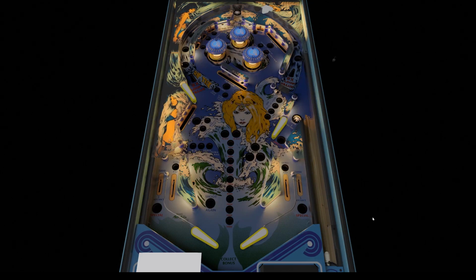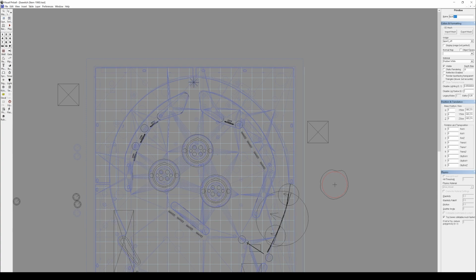Yeah, excellent. All right, so I'll mess with this material a little bit to see why we're not getting a nice black on those. But that's easy to solve. That's just a Visual Pinball thing. So for now, we'll just call this layer 3 drop target